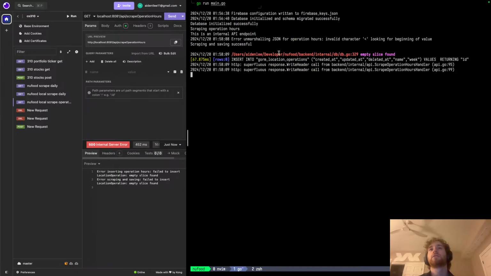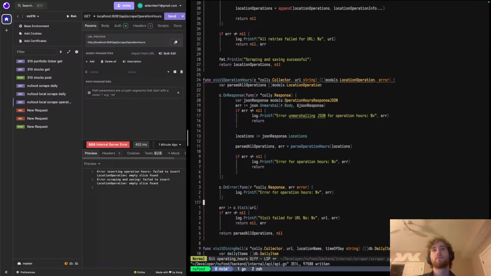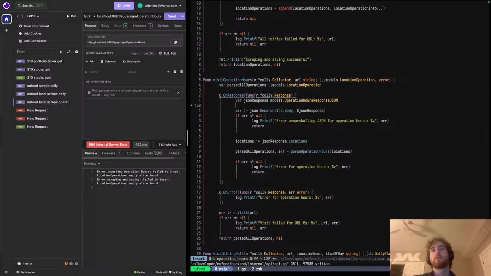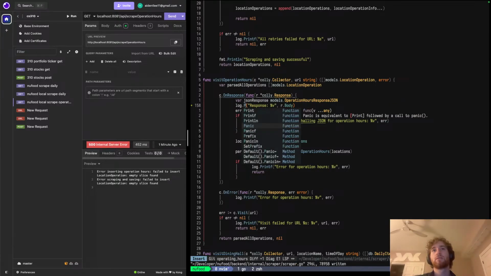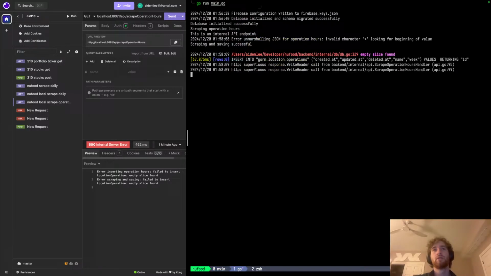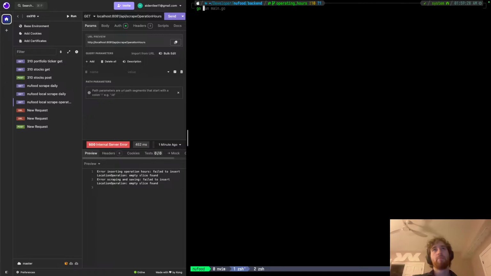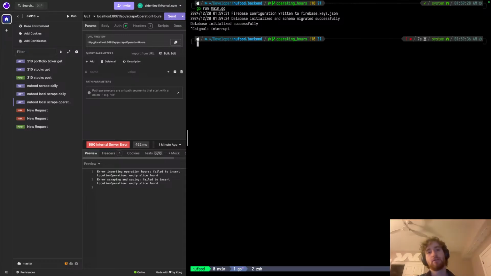What is the error message? Error unmarshalling JSON for operation hours, invalid character, looking for beginning of value. I guess we should just print the response then. Good thing we're testing it out. Actually, we should add another safeguard of